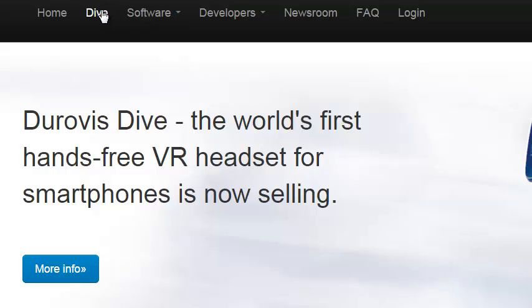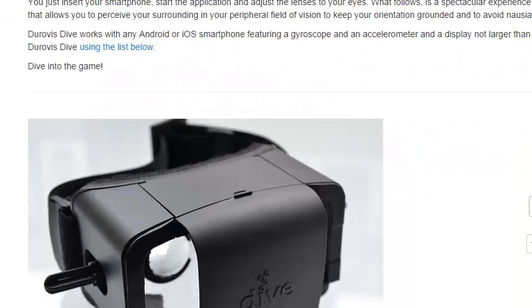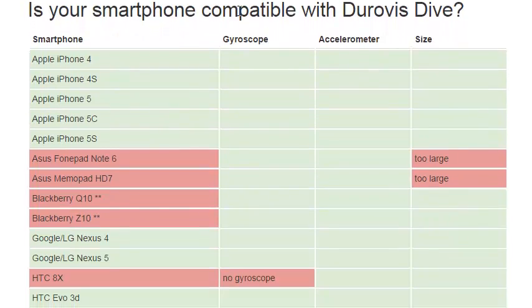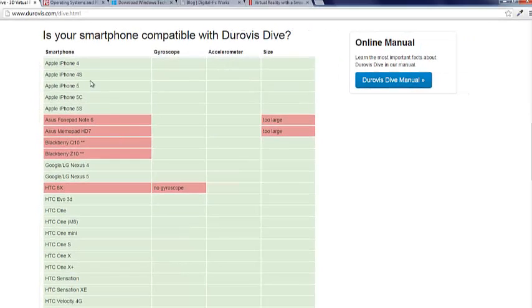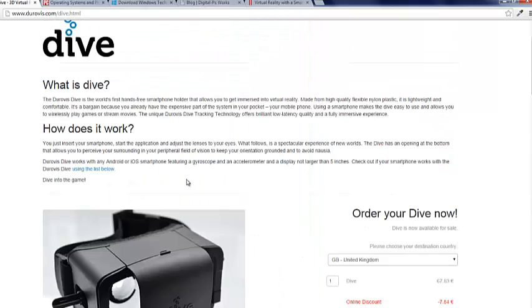You could take a Samsung, a Sony phone, an iPhone 5, 4, 6. The smartphones that are compatible with Duravis Dive include the iPhone. So you could plug any of these in. Not your iPhone 6 Plus, I don't think. I'm sure that's too big. So go on the website, you see that you can plug any of these phones, connect it to